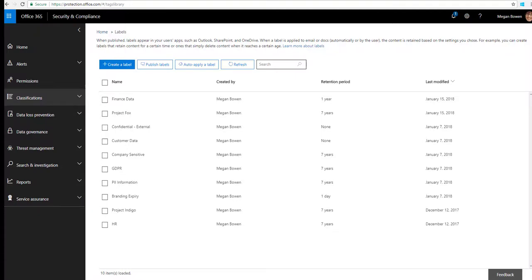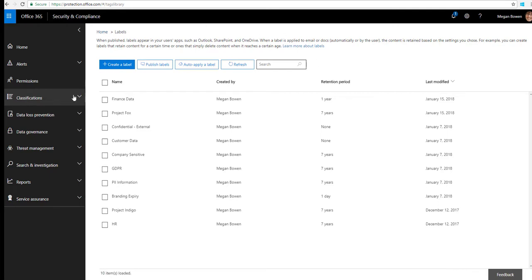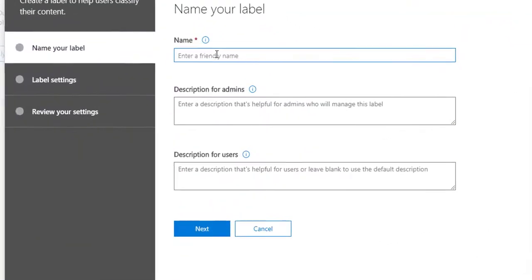The claims team need to be able to classify and label different types of information. For example, when a claim involving a minor and data needs to be retained for 20 years and then deleted as per the regulation. In order to set this up, let's head to classifications and labels, create label, give it